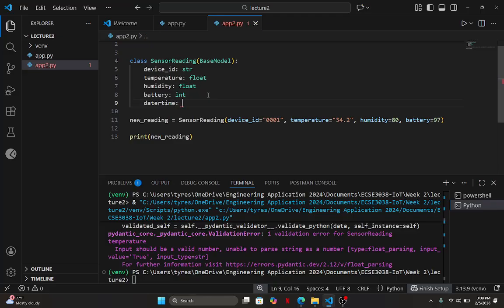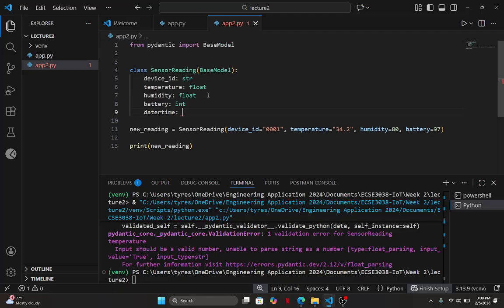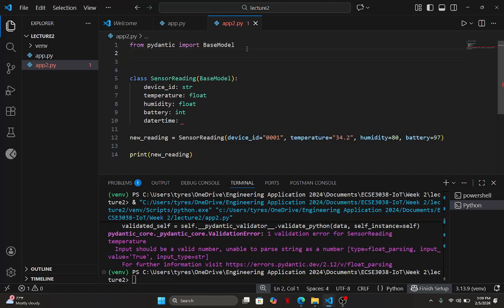What I want to do is specify the type. We don't have the datetime type currently, so we're going to import it. From datetime, import datetime. This may look confusing, but what this means is we have a library called datetime, and inside the library we have a module called datetime. I don't know why they call it the same thing, but that's just how we get it. So from the library called datetime, import the module called datetime.